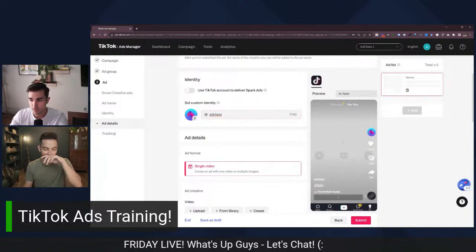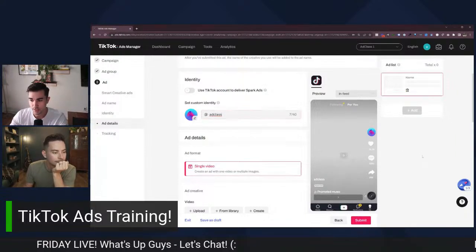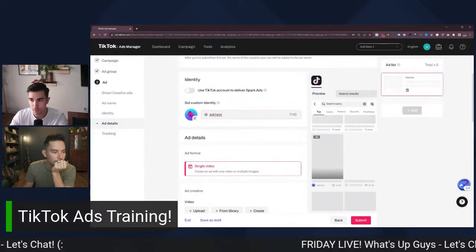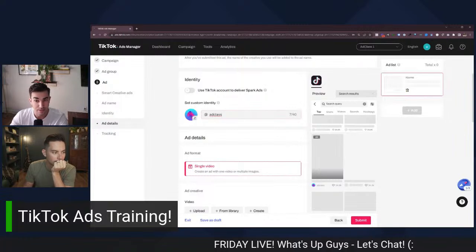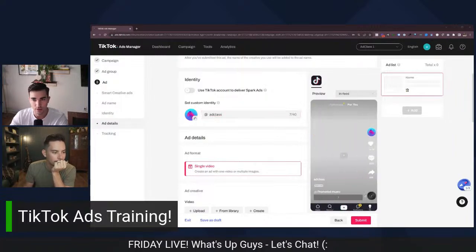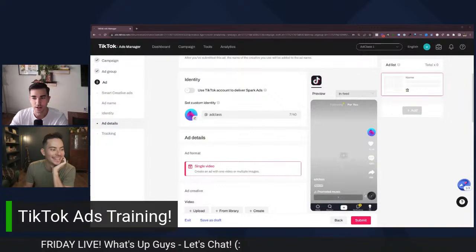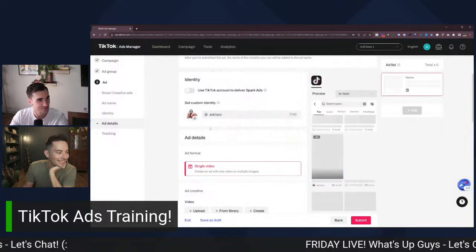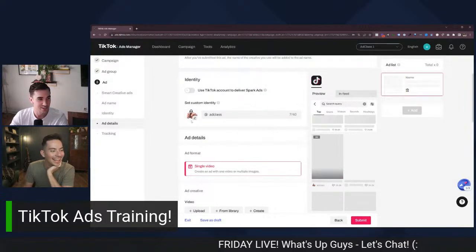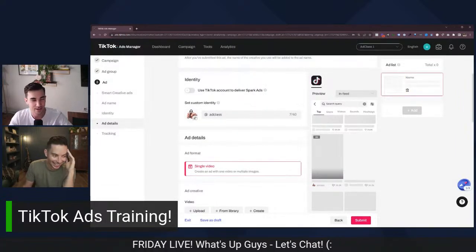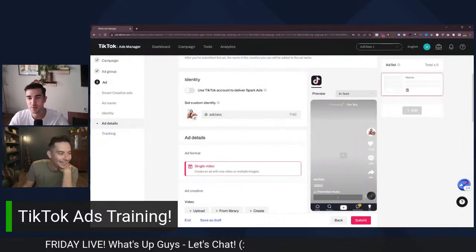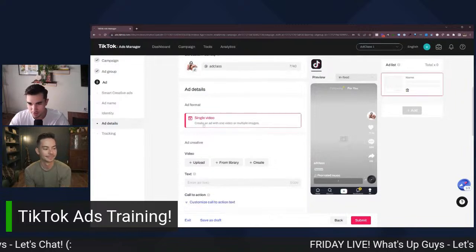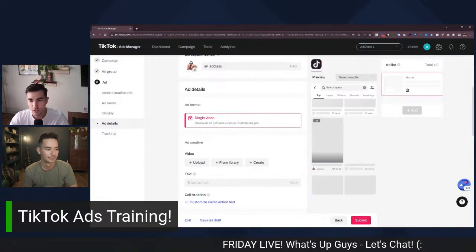So now, and it shows you over here, like when you swipe on this one, it actually takes you to the landing page because you haven't linked the page, right? And you can even change like the photo here too, right? So I'm going to choose this hand grip. I have a hand grip in my photos for some reason. There you go. So our page is a hand grip for this one, right? Obviously we're going to link our real page later, but maybe we sell hand grips to strengthen the old wrist, so that's our thing. Now, here's where we're actually going to upload the creative.